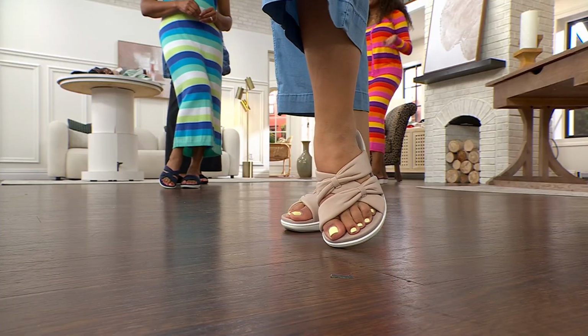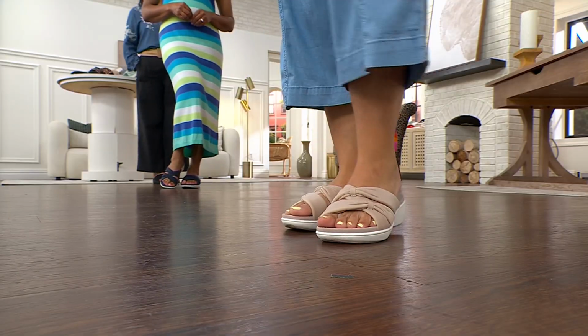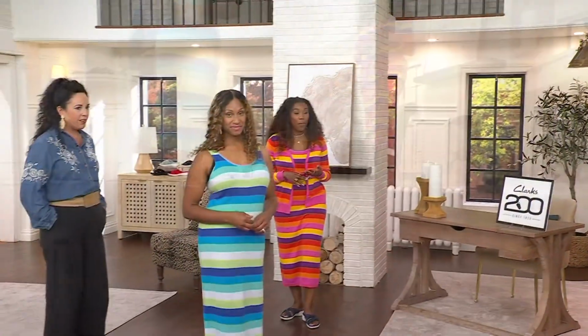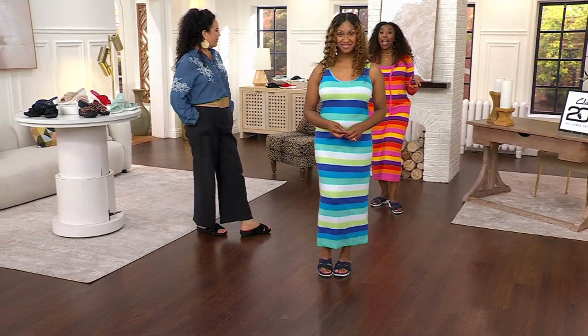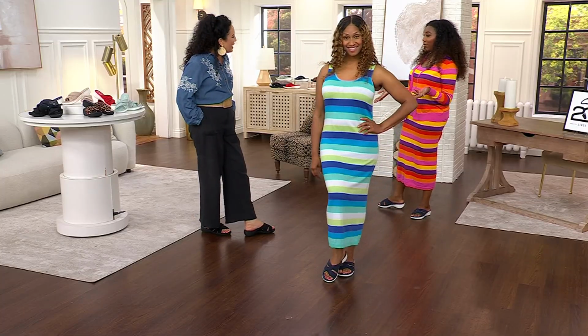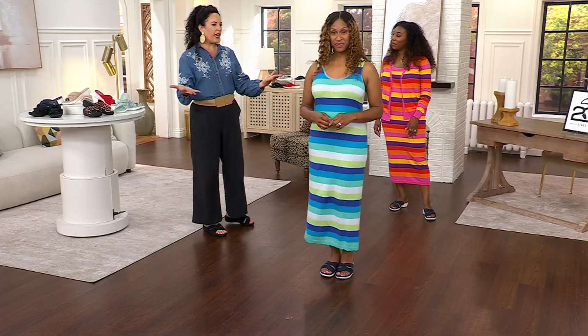There you go. But these you don't have to worry about. And not only do you not have to worry about them, they're not like the $5 shoe that you're like, I don't have to worry about it, but I'm not comfortable. I feel every pebble when I'm walking. These give you the support and comfort that you need. That's why everyone's been loving them. I mean, more than 3 million Cloudsteppers picked up here at QVC. Isn't that amazing? Yeah. So just to put that in perspective, Cloudsteppers only came out about 12 years